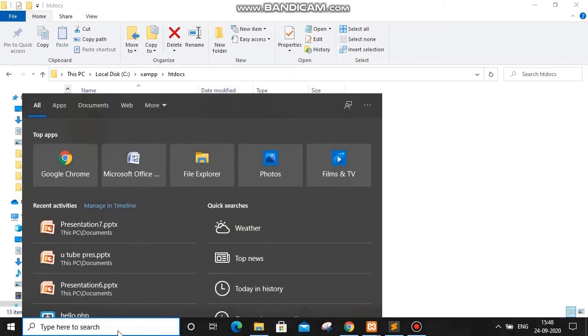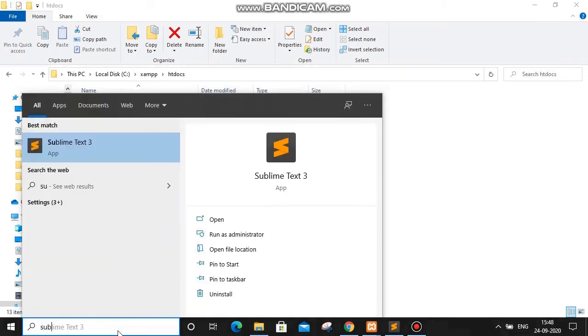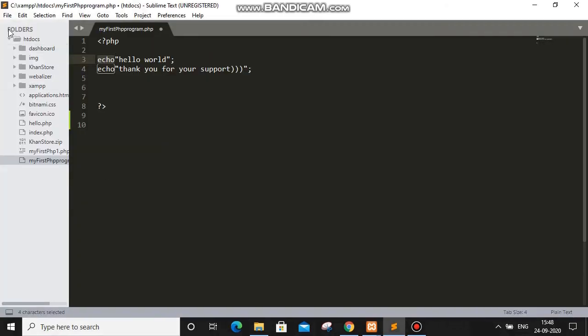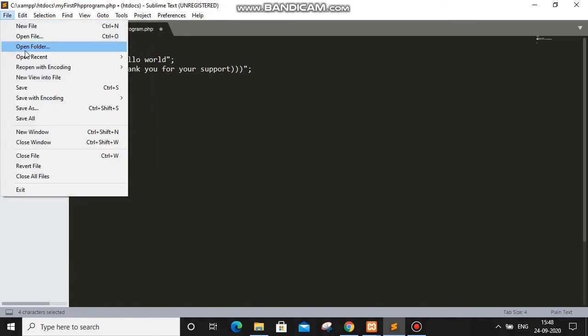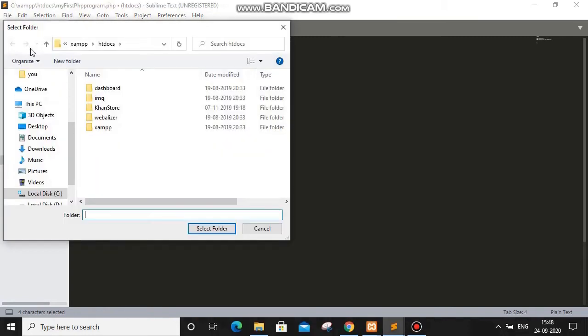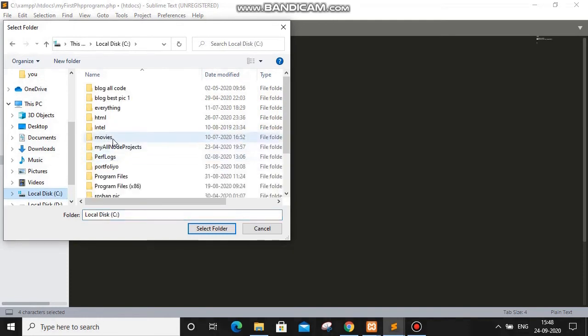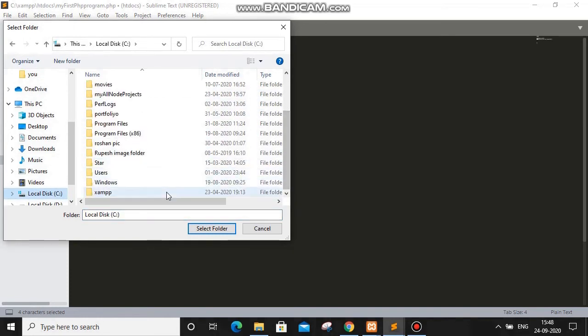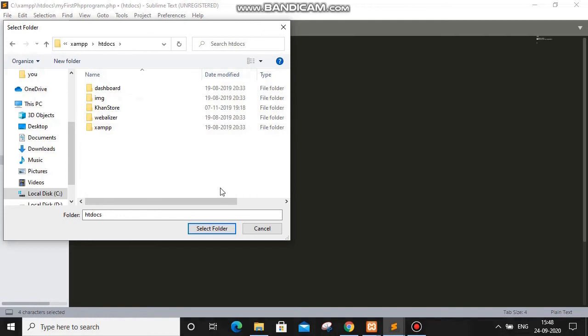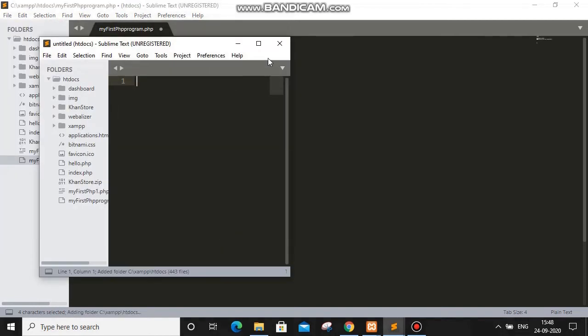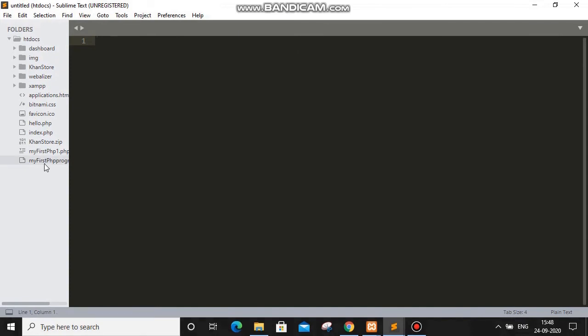Now we will go to our Sublime editor. You can use whatever you want, like Notepad. I am using Sublime here for the meantime. You have to click here on file. Okay, once you click here on file, you have to open a folder, that htdocs. So you have to click on open folder. Anyway, you have to open this folder, whatever path you like. So I will click here on Jamp. I will go inside it. I will click on htdocs and I will select this folder. Once you select this folder, you can see here that we have created here my first php 1.php.